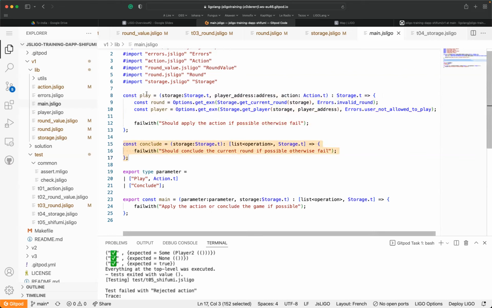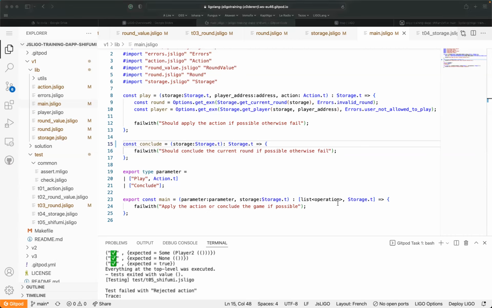Okay, so the play action should modify the storage, and the conclude should also reflect a new storage. So what I'm going to do is just to remove this one. It's useless. And the action, the list of operation, we are not going to execute new operation. So it should always be the empty one.